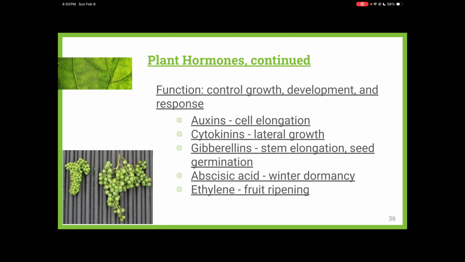And so what happens is on the opposite side, the auxins will be produced and it will make it grow on one side to help it turn over to go closer to the sunlight. Cytokinins is for lateral growth, growing outward. Gibberellins are for germination, just think G and G. Abscisic acid, I haven't really talked about that one before, but it functions in winter dormancy, so it makes the plant kind of go dormant, not use all of its resources in the winter.